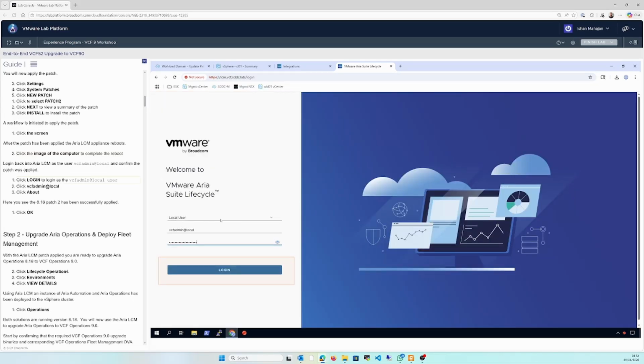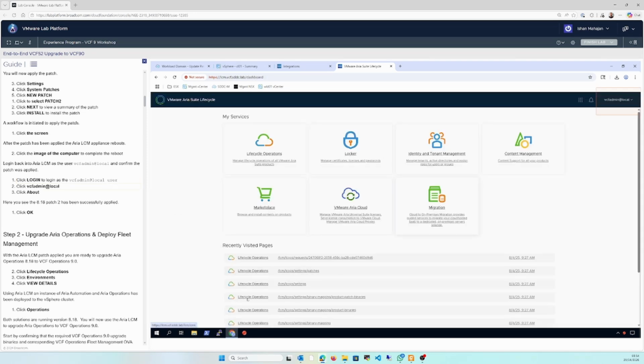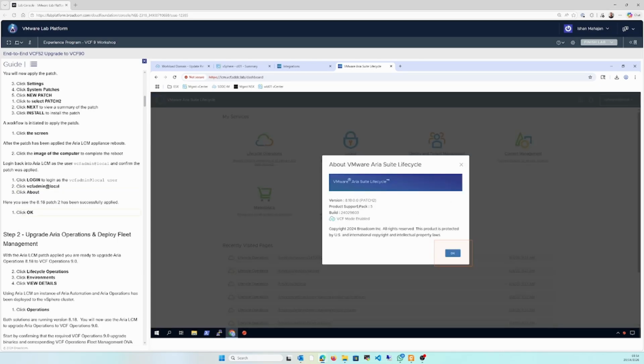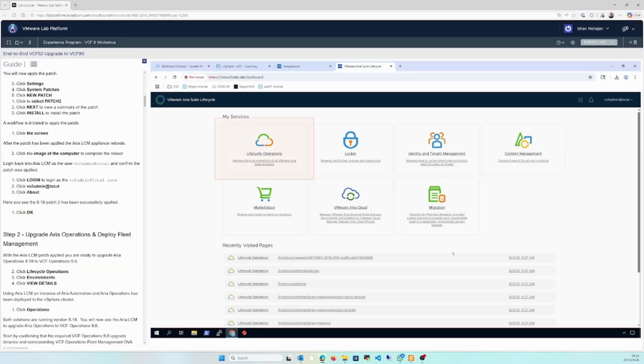Once it has been rebooted, then Aura Suite Lifecycle Manager will log in. We'll again check the version, and we'll see it's patch 2. We are compatible. Now we'll perform step 2, in which we'll upgrade the Aura operation and deploy the fleet